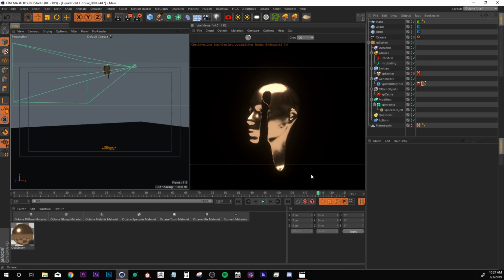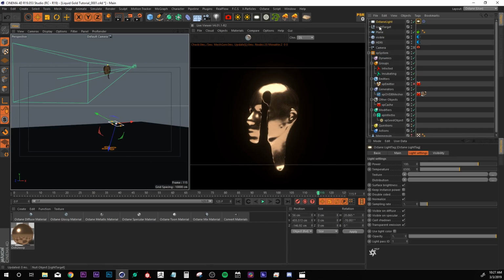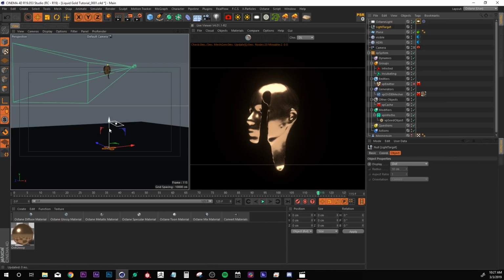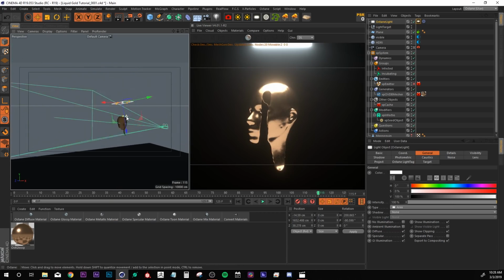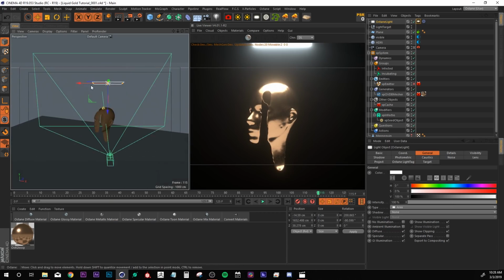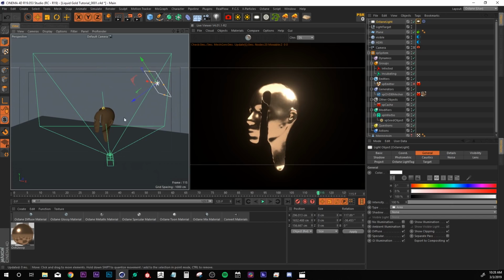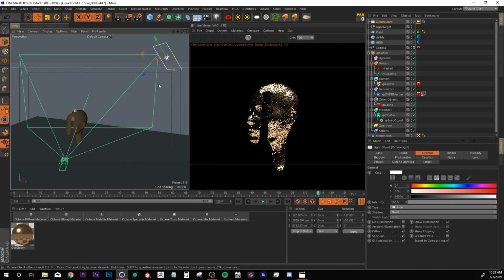The next thing I might want to add is a nice rim light, so I'm going to grab my Octane targeted area light, and I'm going to grab this null right here that it created, and I'm going to move it up to where we want our light to actually point towards. Now I'll grab my light and I'll move that up as well, and let's move it somewhere behind the head at a nice angle. Maybe back a little bit more,